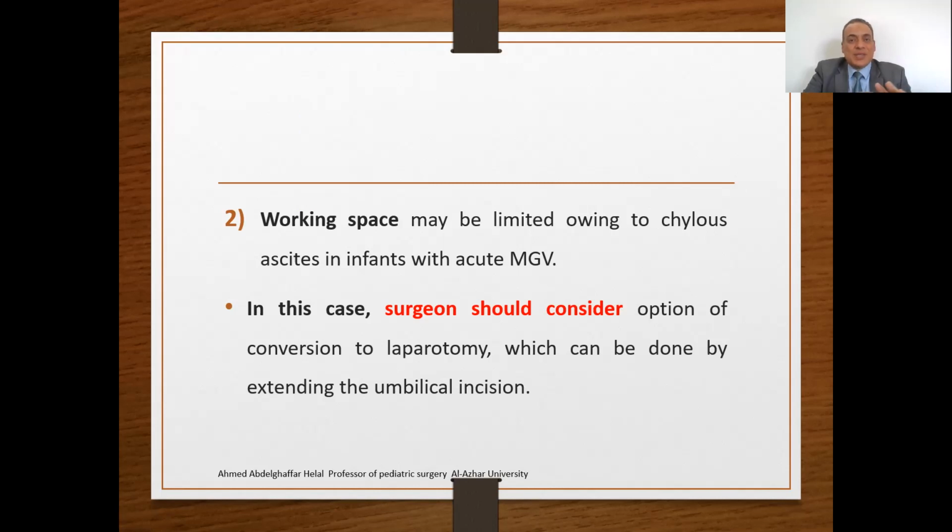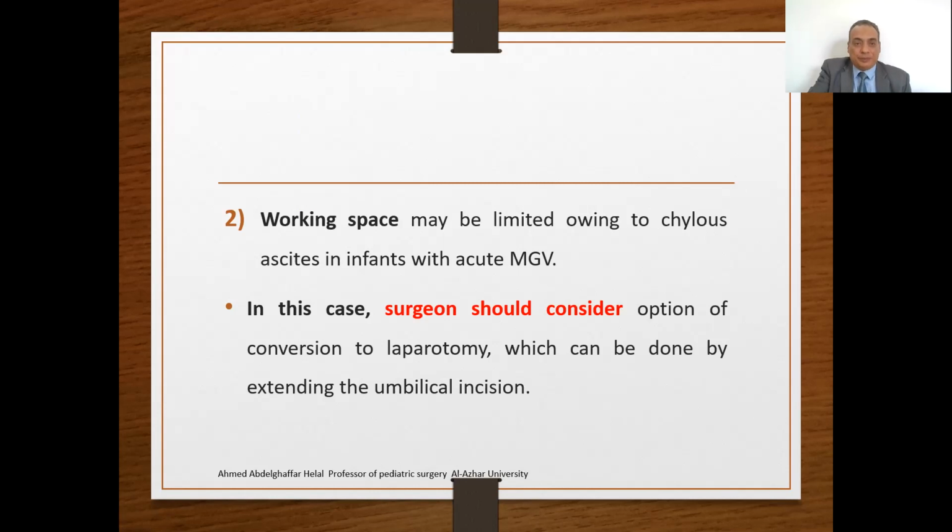So in this case, the surgeon should consider the option of conversion to laparotomy, which can be done by slightly extending the umbilical incision. So the first challenge to the laparoscopic surgeon is the presence of mid-gut volvulus. Although some papers described the laparoscopic technique in a 15-day neonate with mid-gut volvulus, most published papers for laparoscopic repair of intestinal malrotation are for infants without mid-gut volvulus